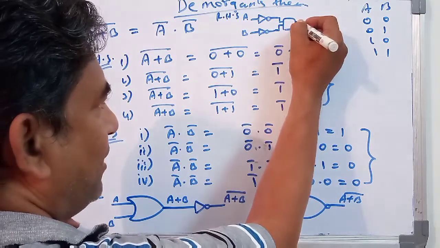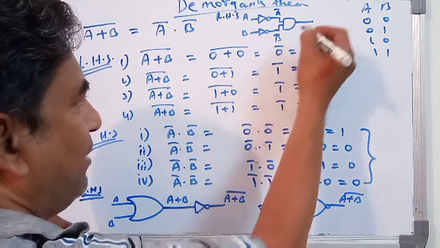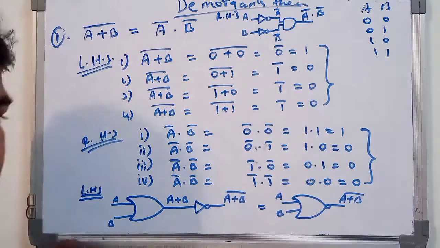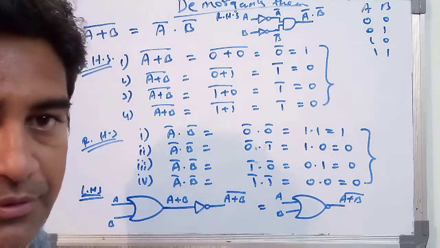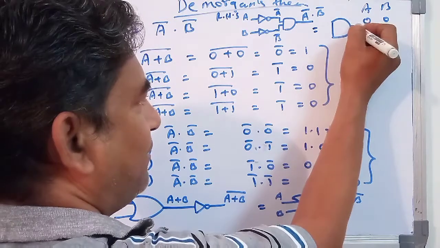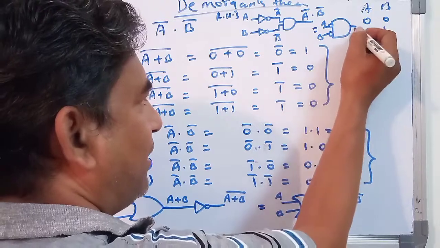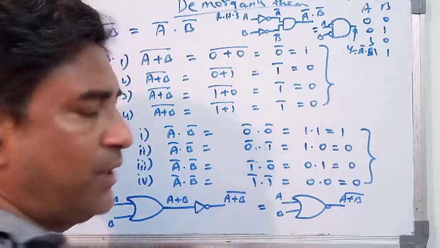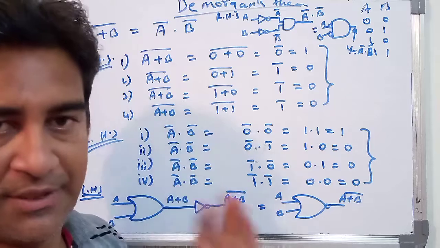Okay students, so here at the output you will be getting the A bar, here you will be getting the B bar, and here you will be obtaining the A bar dot B bar. Or in another way, you will say that it should be a bubbled input. This bubbled input you may draw like this. Simple, you have to draw the NAND gate, and here the inverted terminals, give the names A and B, and here at the output Y is equal to A bar dot B bar. Okay, so it is very simple. You have to prove only the left hand side and the right hand side.